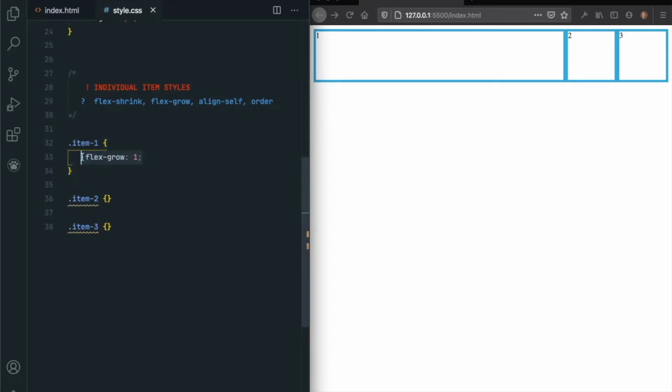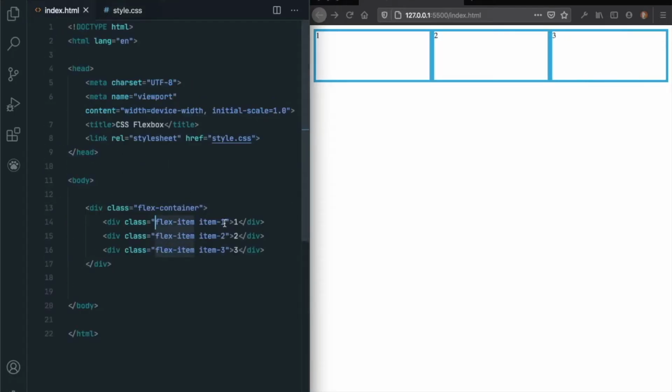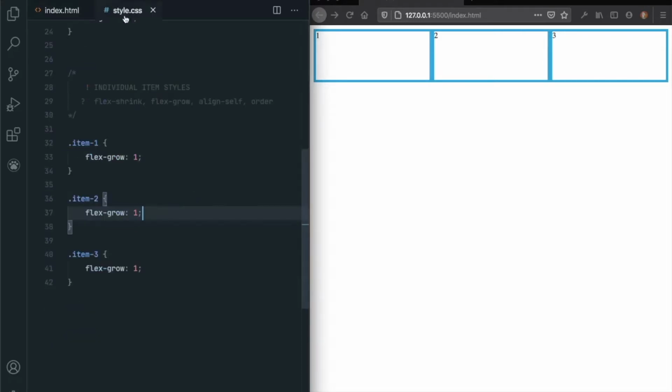Now let's apply this particular property to each of these items. If you are wondering, these are the classes which we have given to these div items inside a flex container. So you need to apply these properties only to the items inside a parent container.